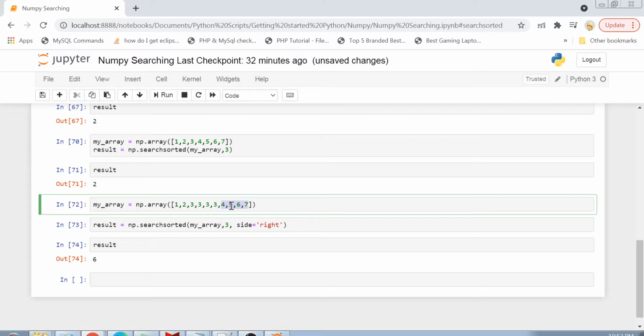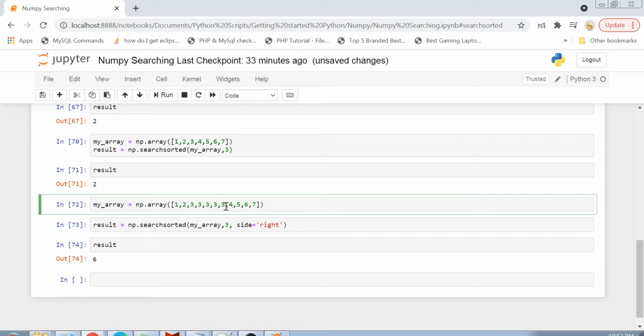So in case of side equals right, it will just go from the right side and give you the index where that element can be inserted. That's why your result is 6: it started from the right, 7, 6, 5, 4, and then it saw that 4 is here and 3 is less than 4, so let's insert 3 here, and that is why your index was 6.